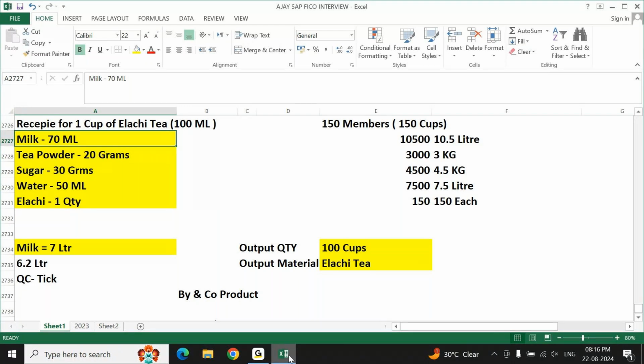This is called a recipe. This recipe you are going to freeze at a fixed quantity, either for 1 quantity or for 100 quantity or for 25 quantity, depending on the product. Some product you may need 1, some product you may need 5. For example, I need to prepare